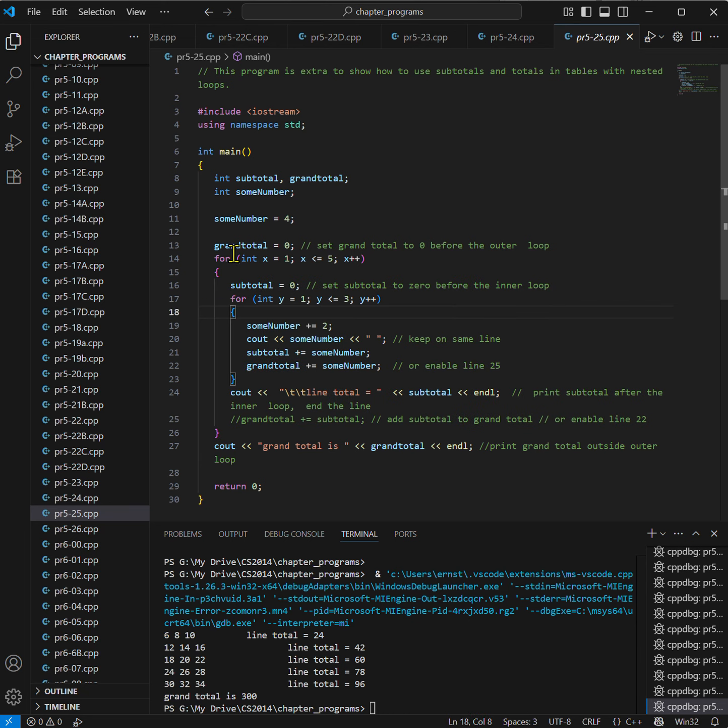So for each line over here we calculate the new number. We do that by just adding 2 continuously. You see that over here, 6, 8, 10, 12, 14, 16, 18, 20, 22, etc. We want to show what it is, and then we put a little space in between to keep it on the same line. And then what we do in this version over here, we add that number to the subtotal,